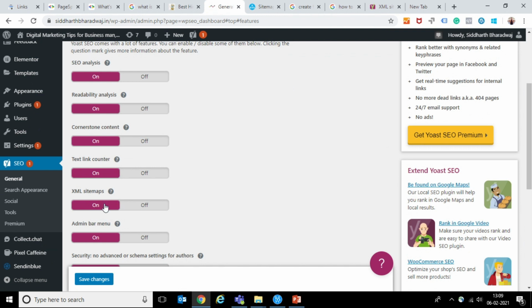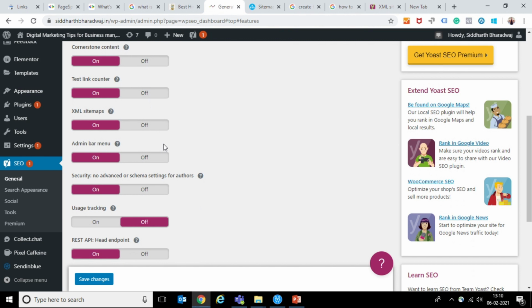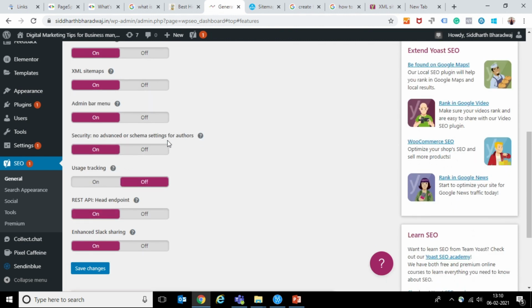That means whatever content you are writing is automatically getting indexed because of Yoast SEO. If Yoast SEO was not there, you would have had to do it manually: creating the link, then uploading that into the sitemap, then uploading the sitemap again to index the link. But this feature makes it so seamless that even I was not aware that all my blogs are getting automatically indexed, which is really good, right?